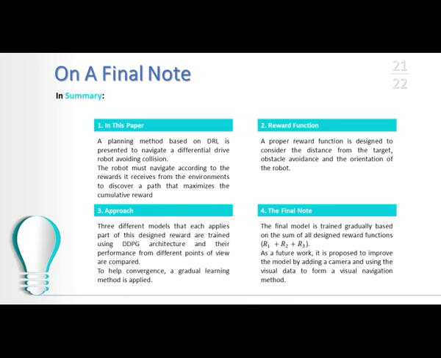In our conclusion, we can say in this paper we propose a planning method based on DRL. It's presented to navigate differential drive robots while avoiding collision. We have designed a reward function with a 3-layer design system. It was a proper reward function designed by considering 3 factors: distance from the target, obstacle avoidance, and also orientation of the robot. The approach we use consists of using DDPG architecture, designing the reward function, and also we used gradual learning